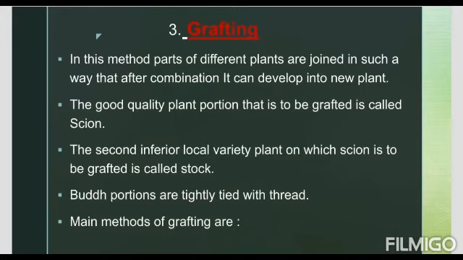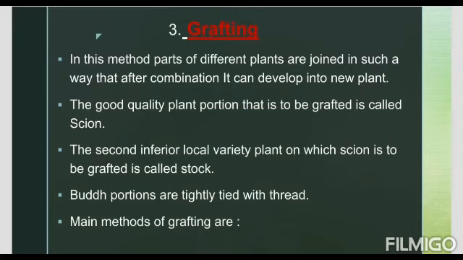Here comes the next method: grafting. Grafting has long been used to produce novel varieties of roses, citrus species, and other plants. In grafting, two plant species are used. Part of the stem of the desirable plant is grafted onto a rooted plant called the stock. The part that is grafted or attached is called the scion.